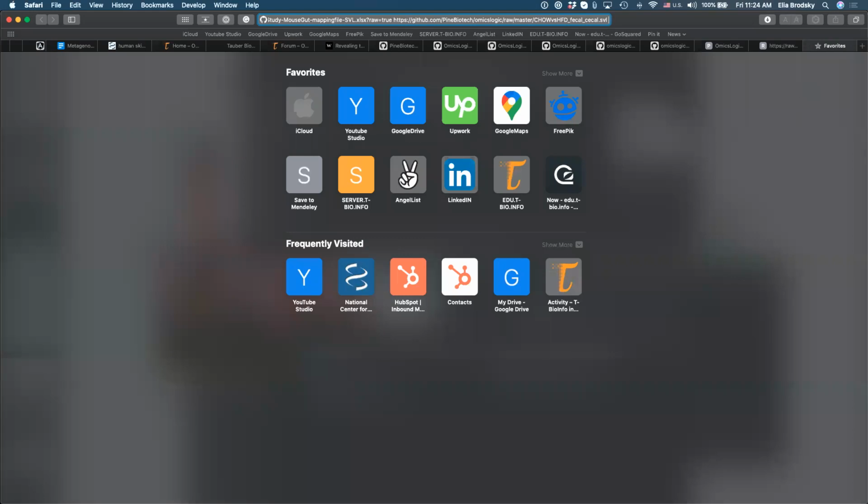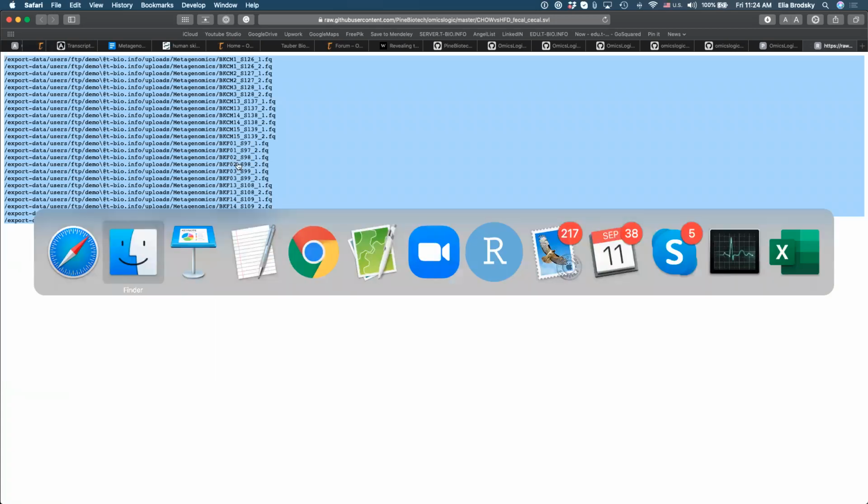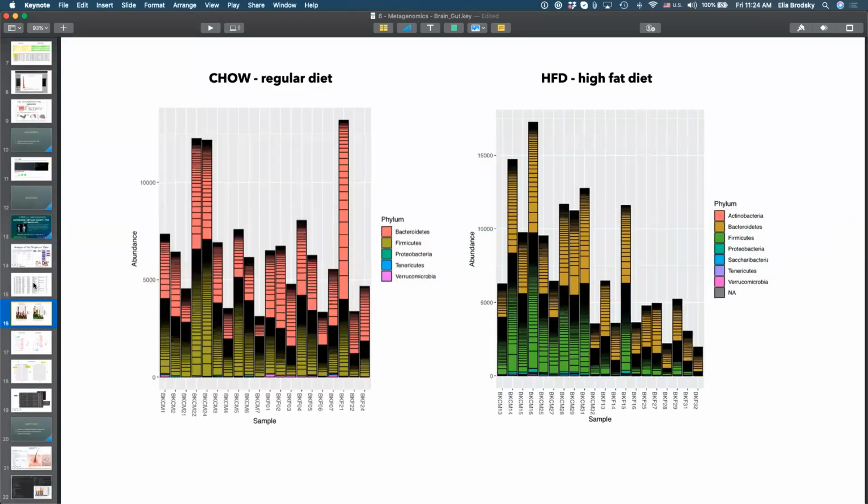Just in the same way that we did the pipeline today, you can try running these files, and you can also refer to the bio project where this information came from. This is something that I'll post on the forum.